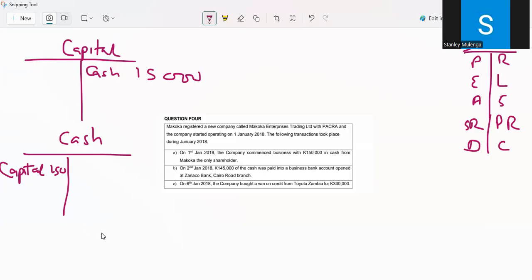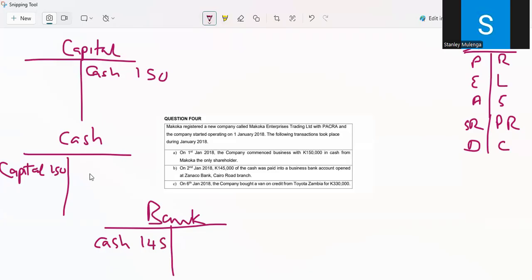So now we're taking, so let me scrap off the zeros here so that we just move quickly. So 150,000. So we have this cash. So now of that amount, how much was taken into the bank? There's a counter entry within the same company. So from this amount, 145 was deposited into the bank. So we can say cash. The bank is receiving. So say cash here, 145. Okay. Then this one is giving out. So we read bank 145.